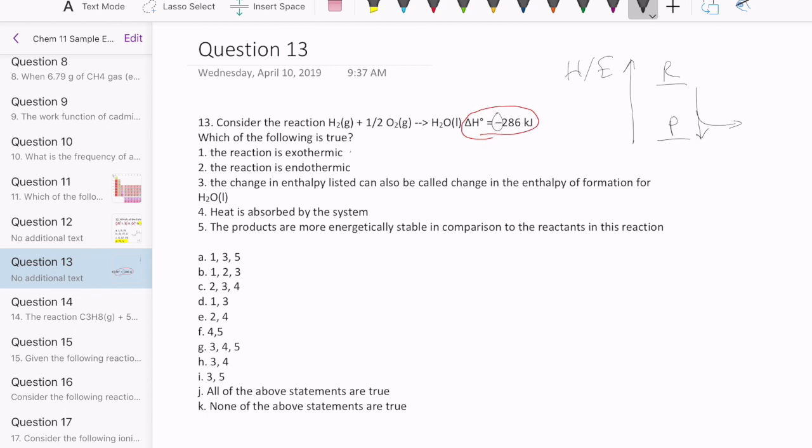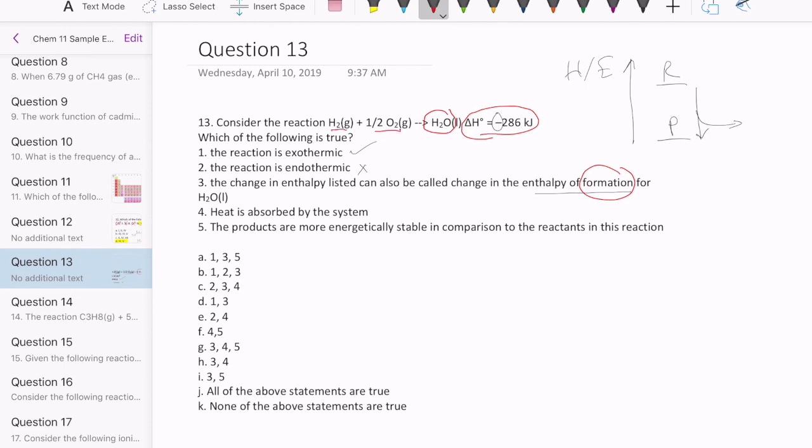So then the first one is correct, and therefore the second one is wrong. Okay. And then we take a look at statement 3. It says the change in enthalpy that's listed here can also be called the change in enthalpy of formation for H2O liquid. Now remember that that term formation is specific. That's a reaction where you form 1 mole of a product from its elements in the standard state. So if you look here, you have 1 mole of water being formed,